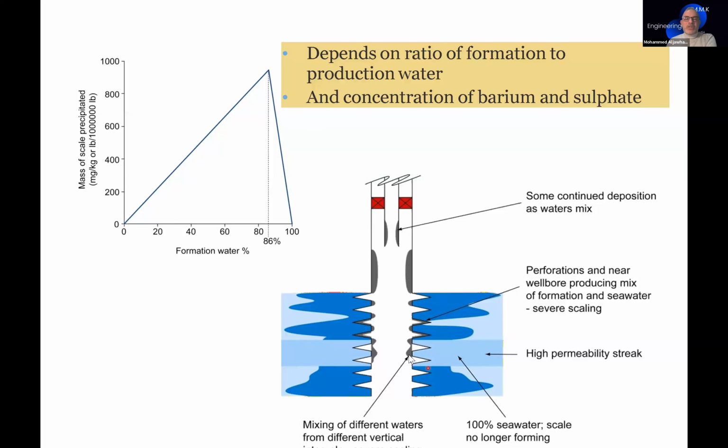When we have a mixture and a water breakthrough, and if we have seawater, for example, this may form a scale inside the wellbore, plugging all the perforations or some of them, and we may have scale not just inside the perforation,